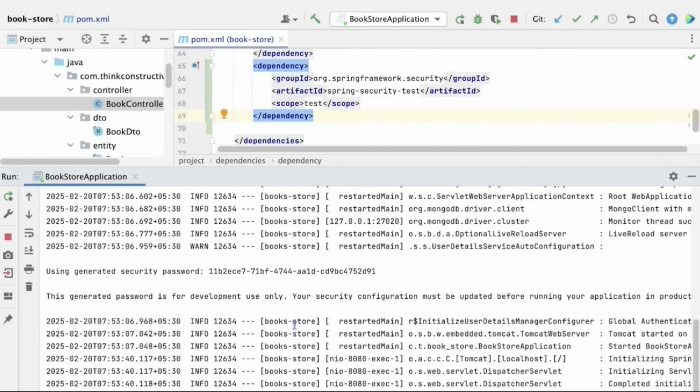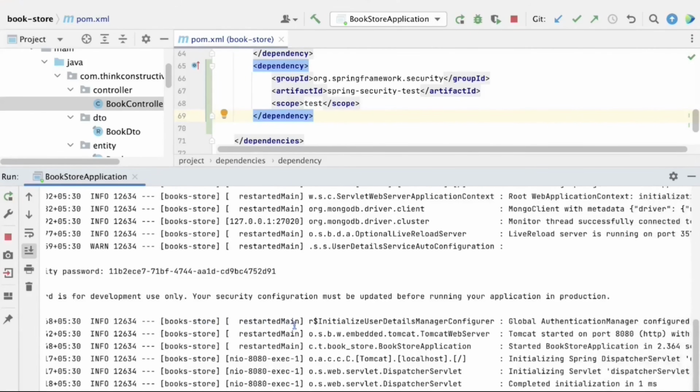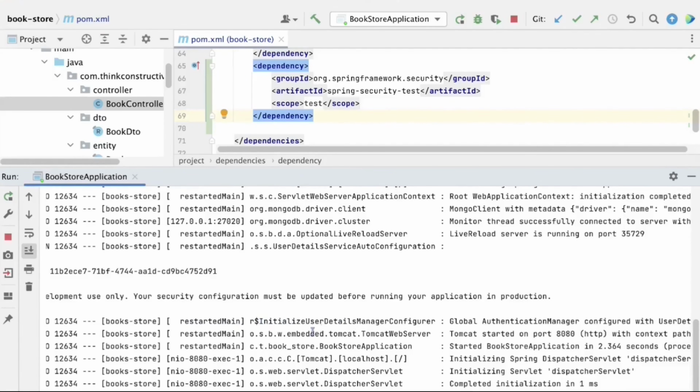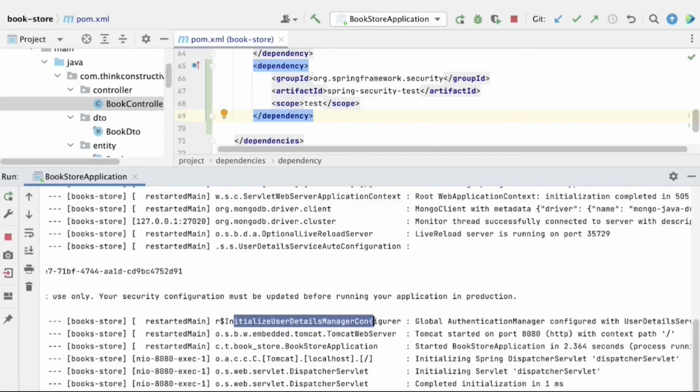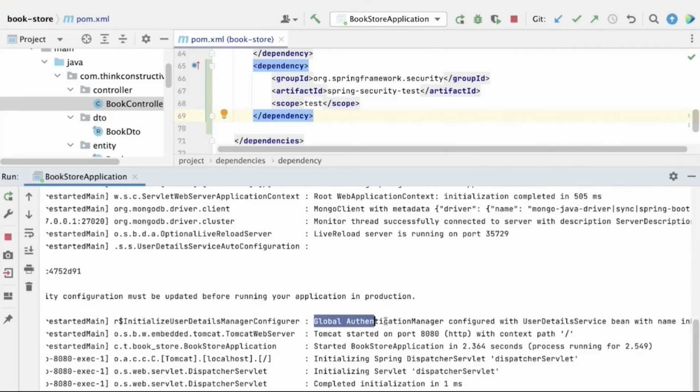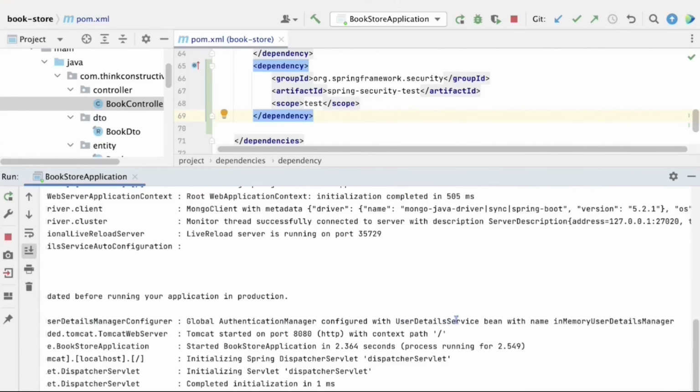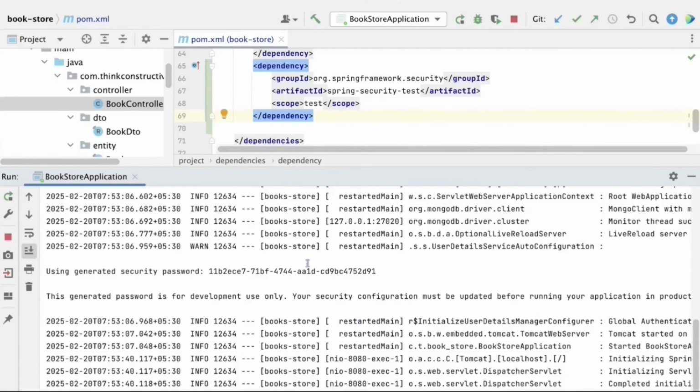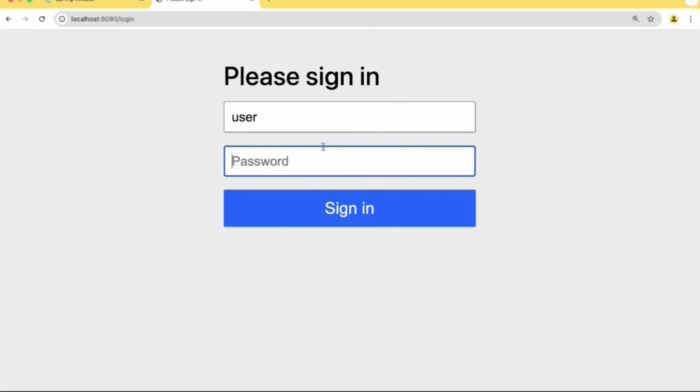All right, and down below you can also see in the log: InitializeUserDetailsManagerConfigurer, global authentication manager configured with UserDetailsService bean with name inMemoryUserDetailsManager. That means the in-memory user details manager is holding this auto generated password with the default username as user. So let me just copy this password, and we'll come back here, paste the password